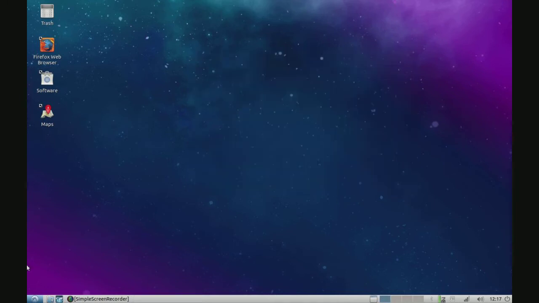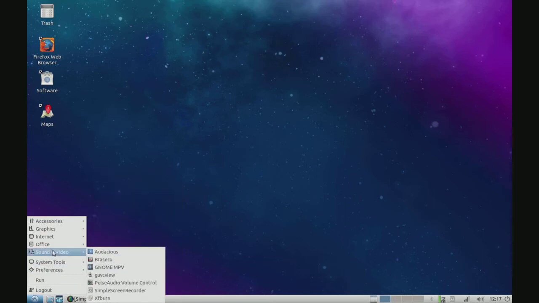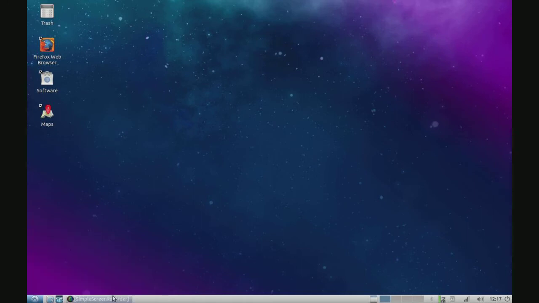So we're just going to click this. Now we can go to sound and video. And before we open Brasero, we're going to put in our disk and see if it works, if there are any glitches. If it still glitches on your computer, like if the parts that still glitched on your DVD player are still glitching on your computer, either your computer has a worse disk drive than your DVD player, which could be the case for like 20-year-old computers, but even my computer that's like 10 years old has a better disk drive than my